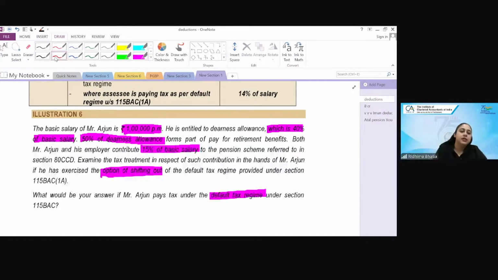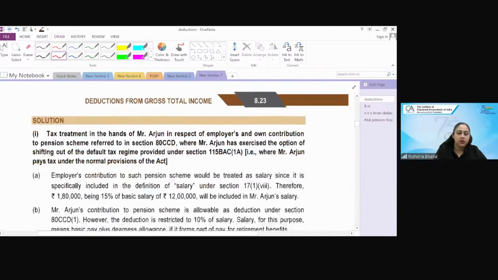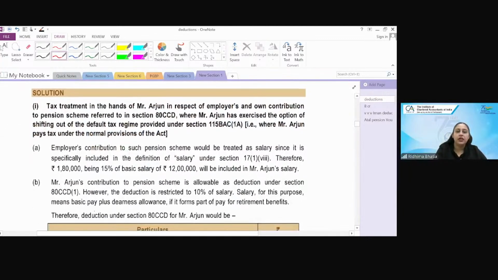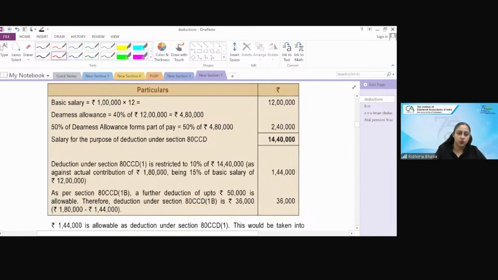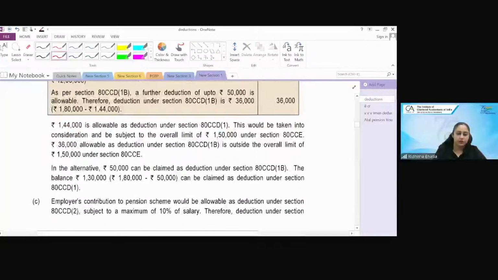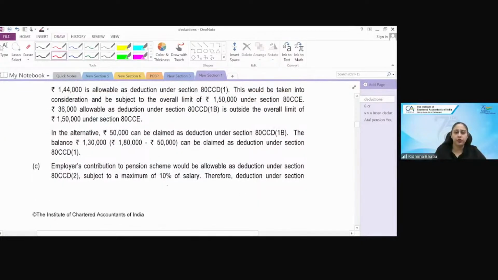So let's begin. First we will do the tax treatment of the employer's contribution. The actual contribution they are making is 15% of the basic salary, which is 15% of 1 lakh per month, total 1,80,000 for 12 months. First, 1,80,000 is treated as salary, as perquisite. Simple, this has to be stated first. Then you have to tell that under section 80CCD subsection 2, a deduction is allowed for the employer contribution, which is a maximum of 10% of the salary,